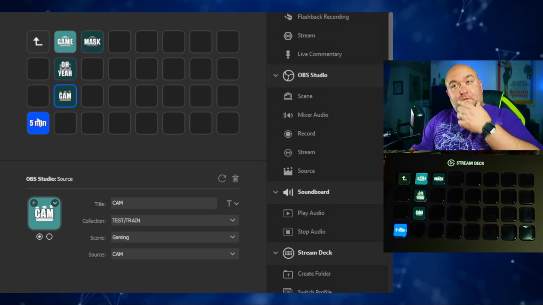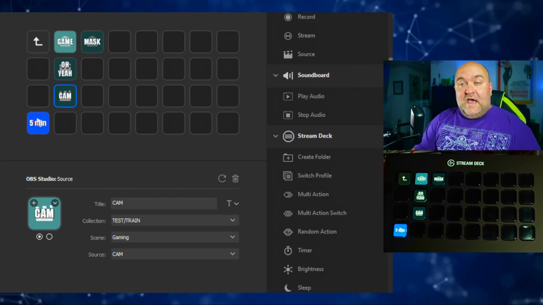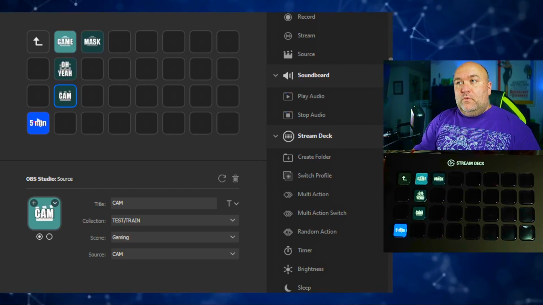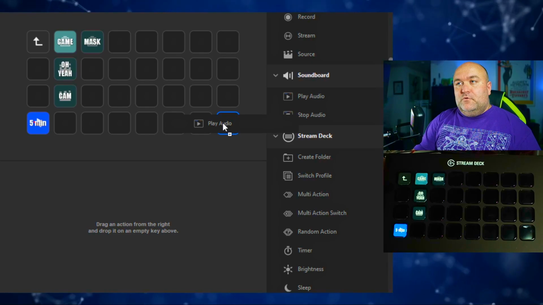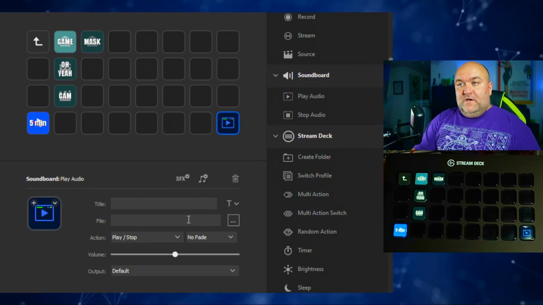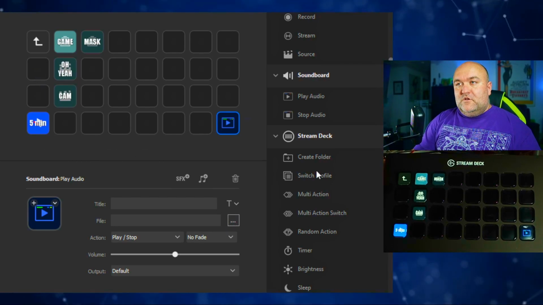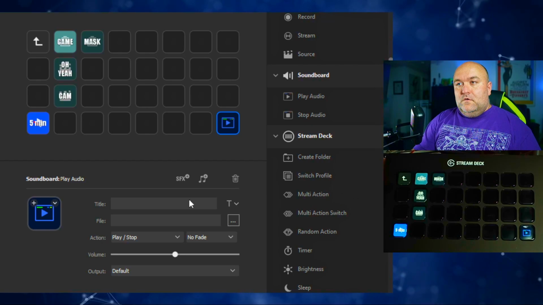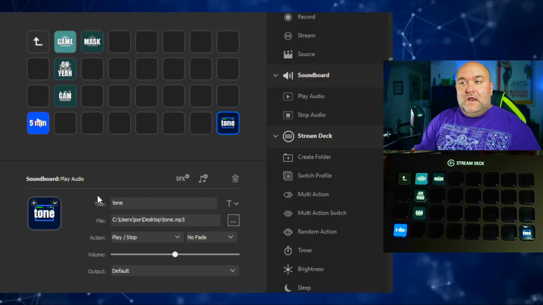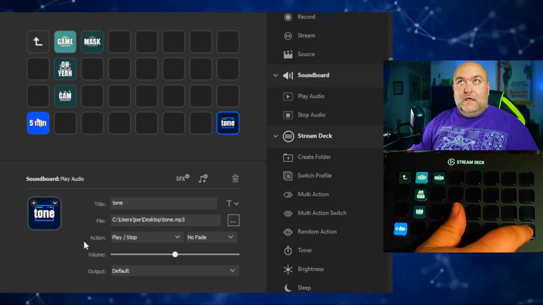So let's move a little bit further down, and we have our soundboard. You can add any sounds you want here, really simple. Let's just find one that we can add very quickly. So I'm just going to put one down in the bottom corner here, and I'm going to find a file. I've got a tone here. So wait for it to load, and bam, ready. Now, all I need to do is hit that tone button, and